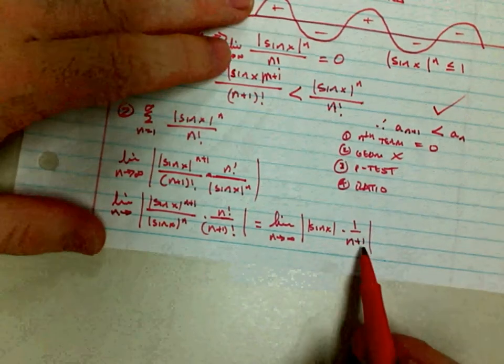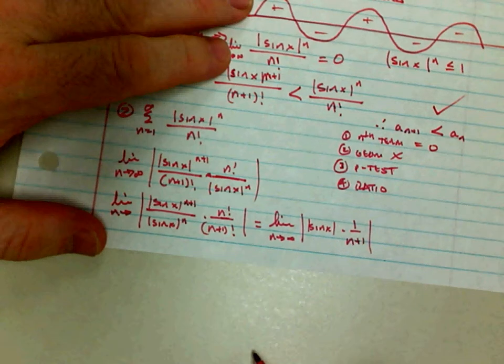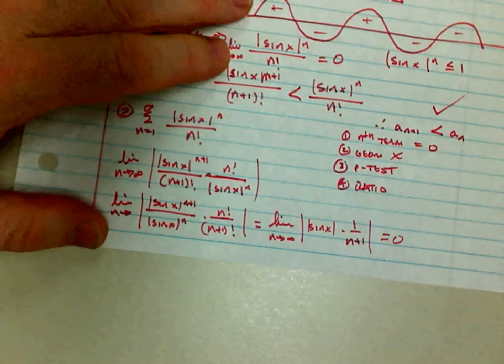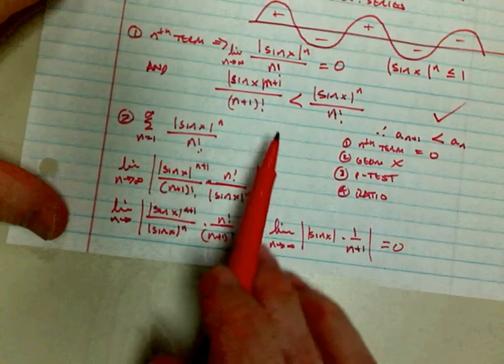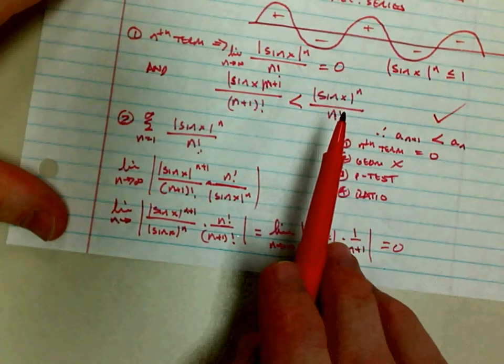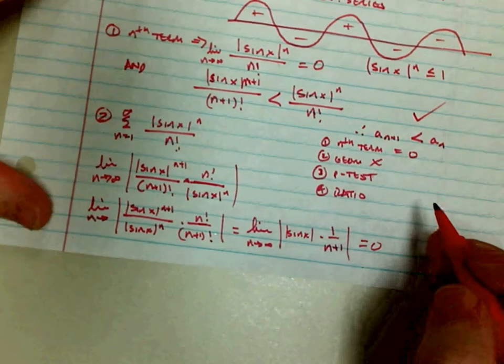The most this will ever be is a positive 1, which means this goes to 0. That means our positive series converges. Using the alternating series, we already showed that the alternating series converges. Since the positive series converges and the alternating series converges, then the original